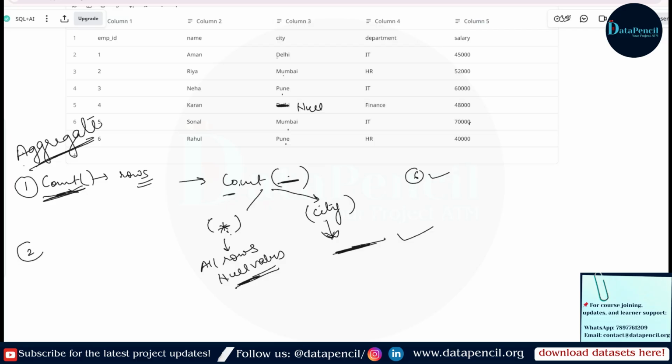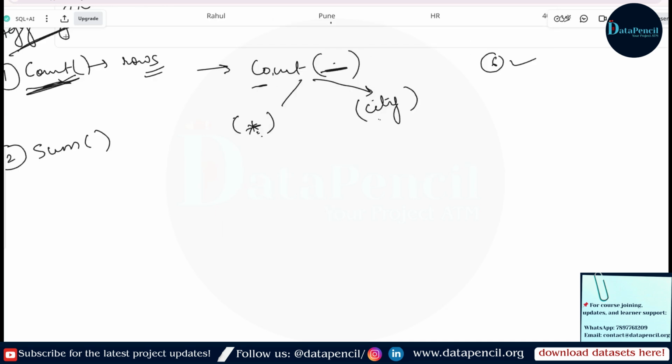The second one is the sum function. What does this sum function do? Sum means it will add all the values. When we want a total value, suppose total amount, total salary, total expense, then we use the sum function.